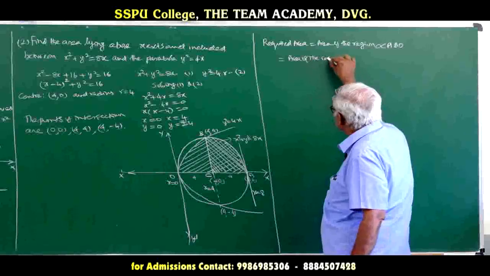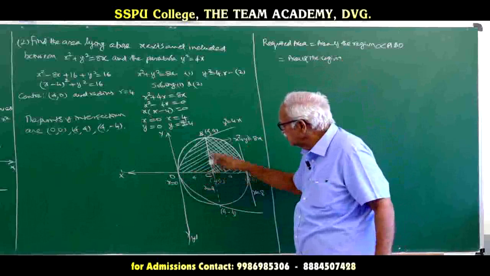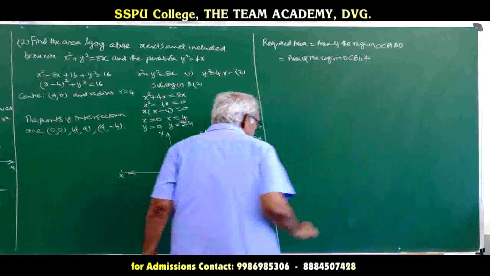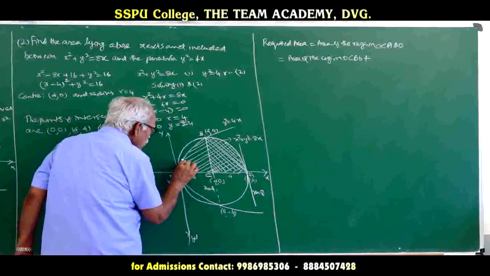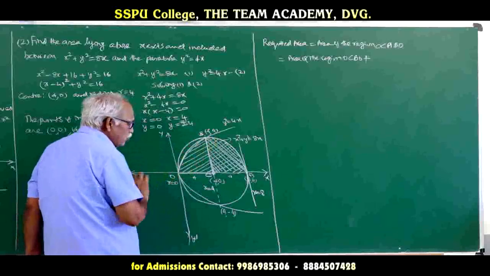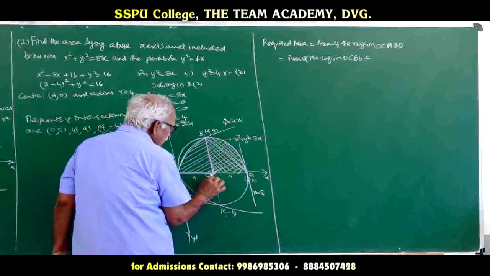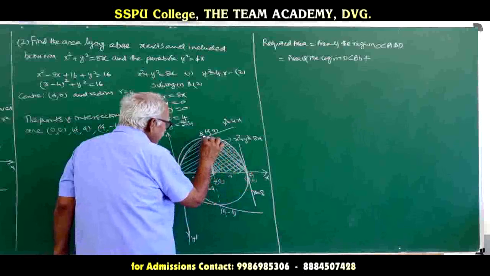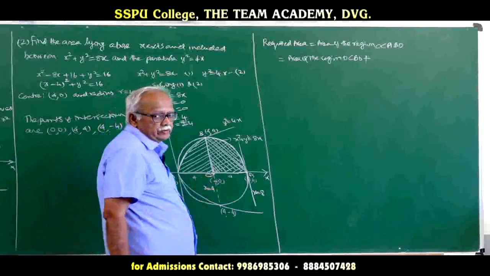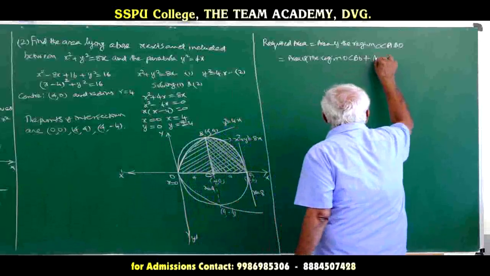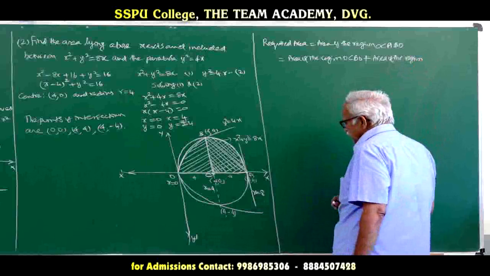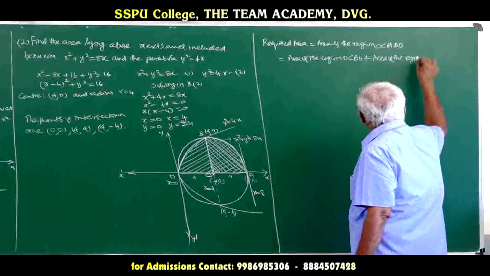The first region, let us take OCBO. The second area is ABCA. So, if we add these 2 areas, we get the required area. So, the area of the region ACBA